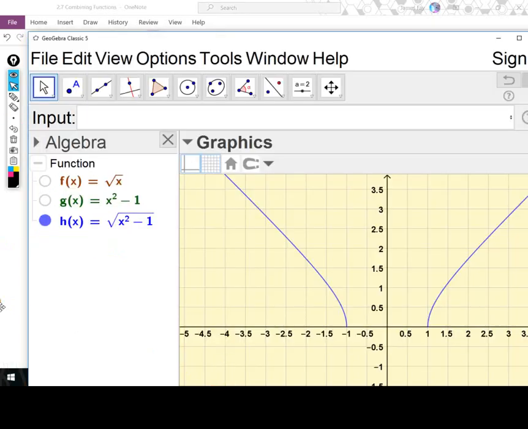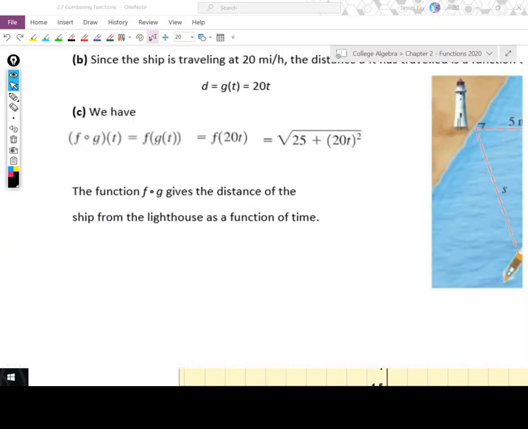Hey, I'm going to, just real quick, I'm going to put up an optional